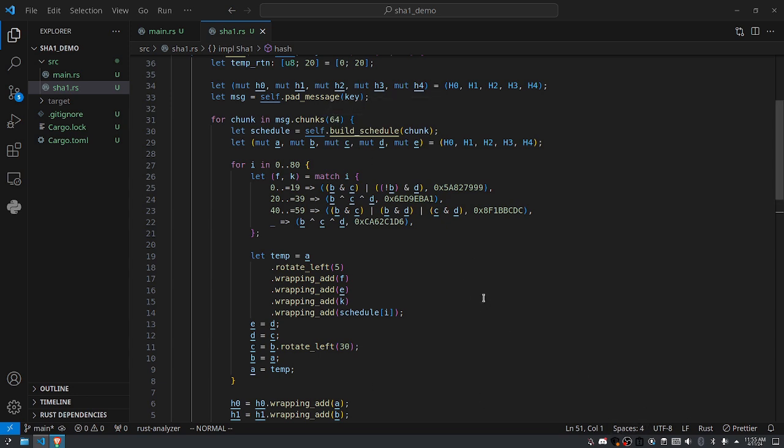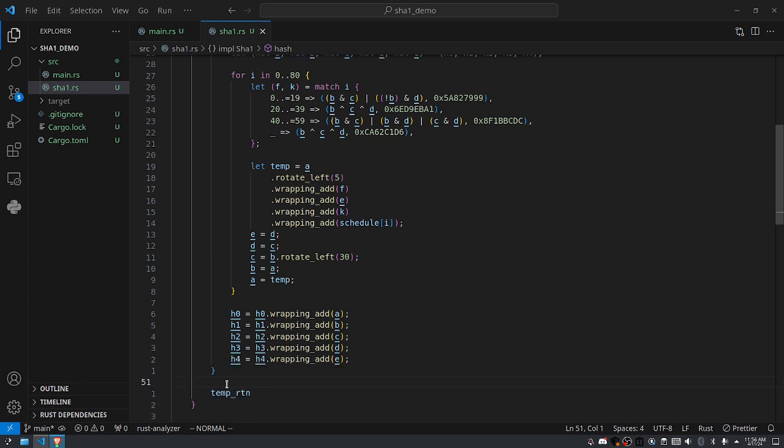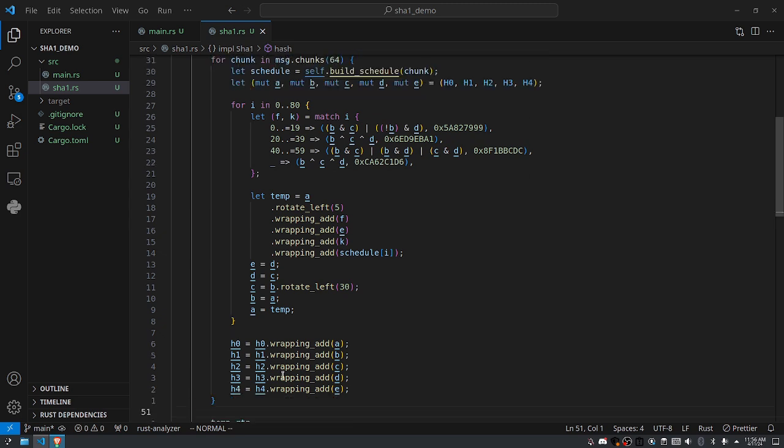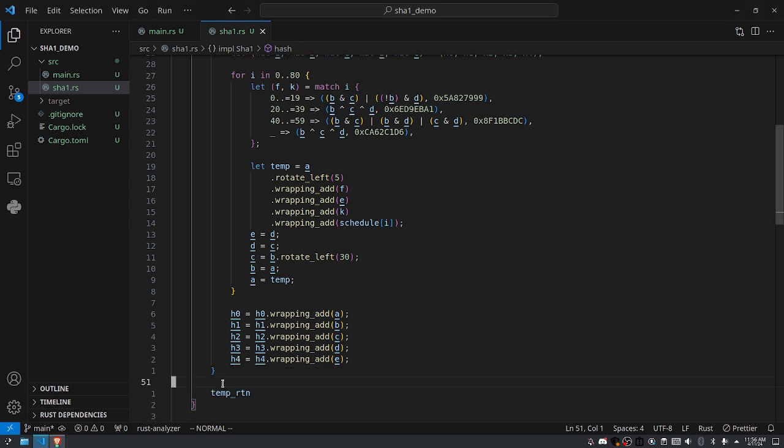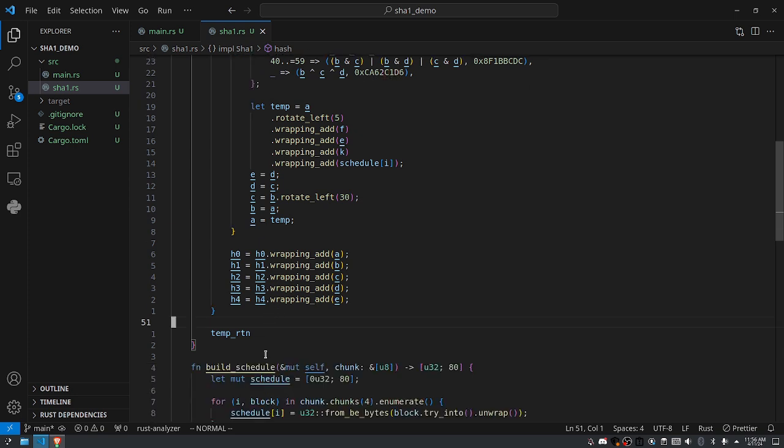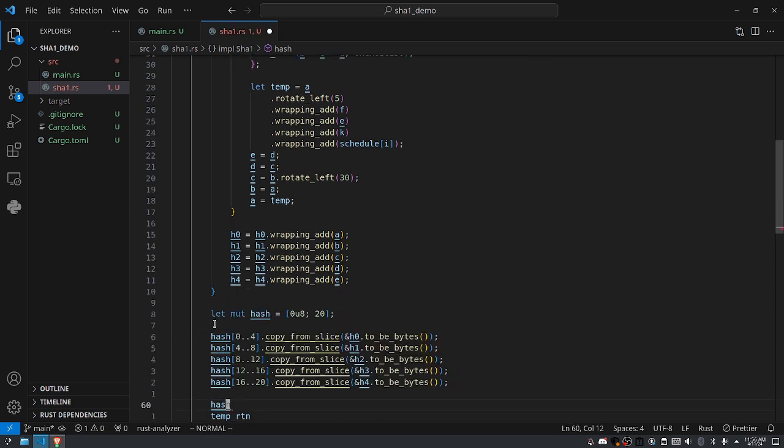So if we had 1,000,000 64-byte chunks or 512-bit chunks, then we just do it for every single one of them. And when we're finally done with all of those, we are going to end up combining whatever is left in h through 0. We take this h through 0 hash, we copy from these slices to get that, and then we can return